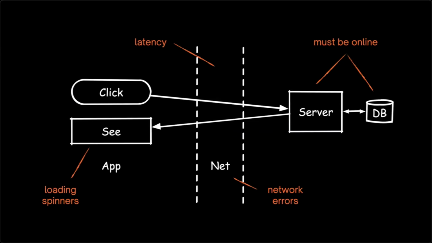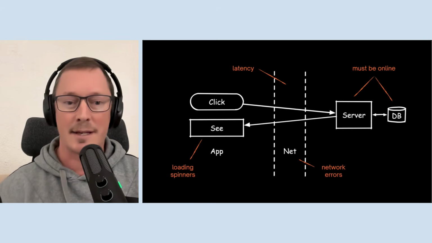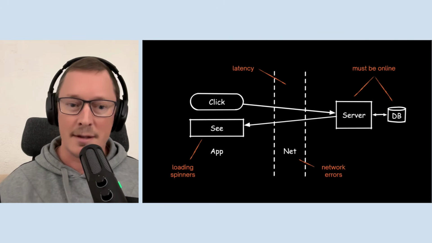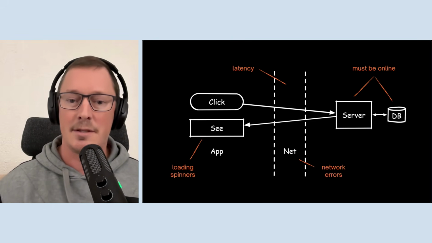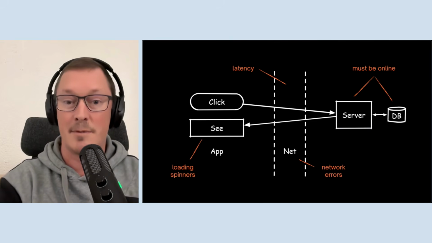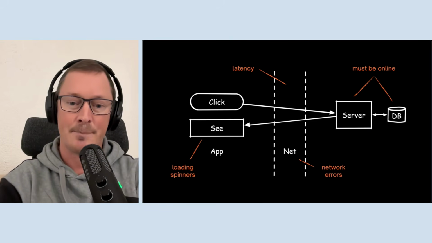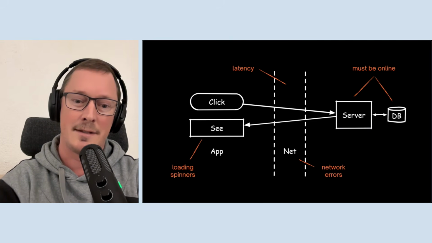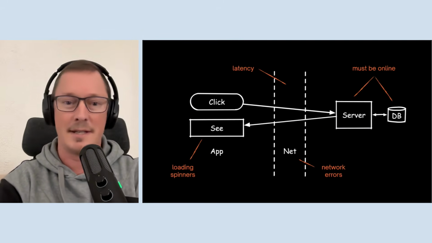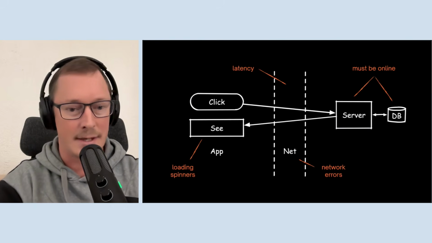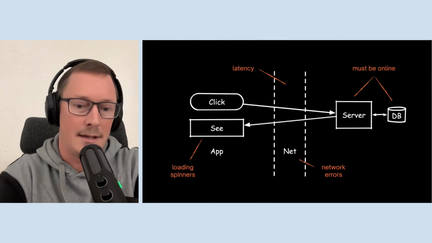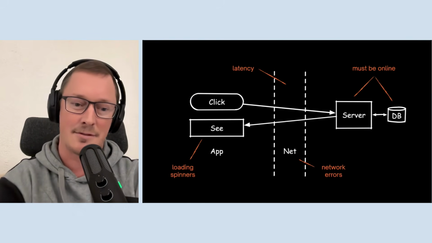And the problem with this is that you have the network on the interaction path. And so as the application developer, you don't control the network. So your availability, the quality of your application's user experience is determined by factors out of your control. And you spend a whole bunch of time coding around the dictates and challenges of this client-server bridge. So authorization, serialization, error handling, status codes, etc.